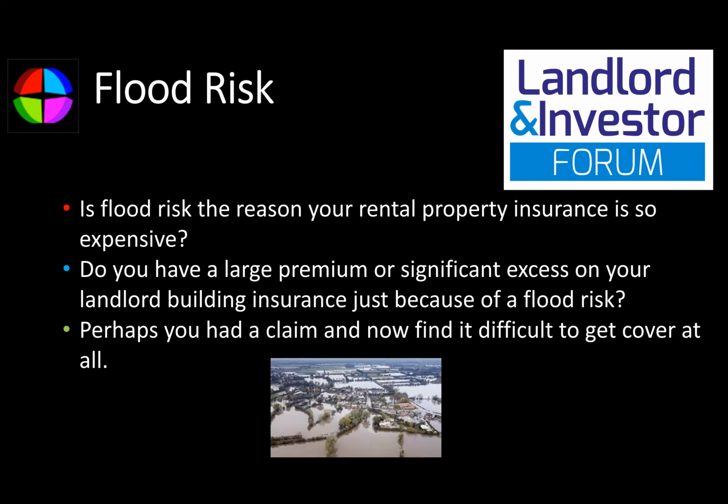Is flood risk the main reason your rental property insurance is so expensive? Do you have a large premium or significant excess on your landlord's insurance just because of flood risk? Or perhaps you've had a claim and now find it difficult to get cover at all? We at CP Walker have a fast, easy, flexible cover that sits alongside the main insurance policy, even if that